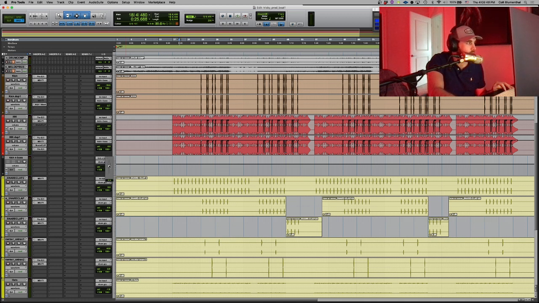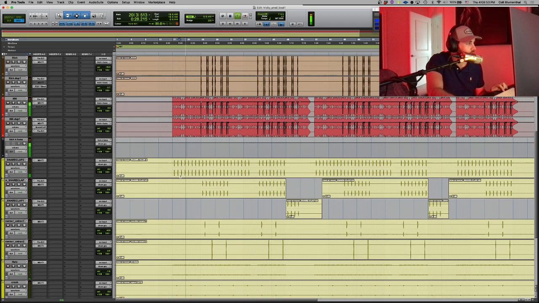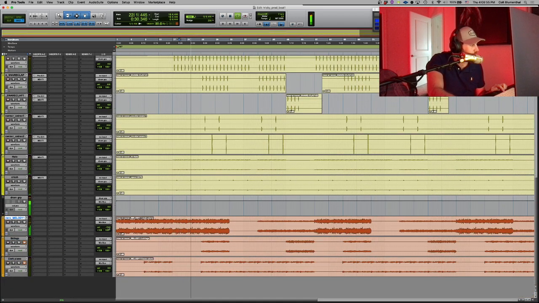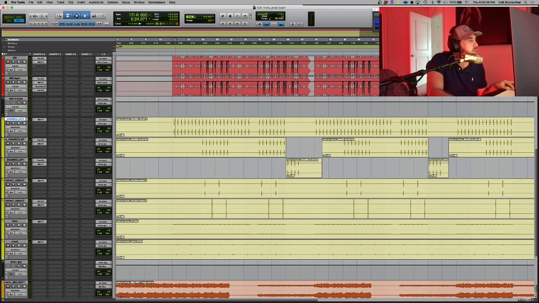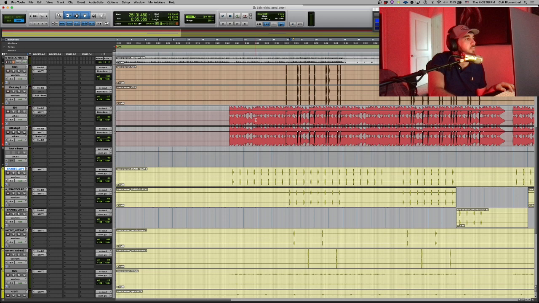Turn them up for now. Okay, I know it's not sounding there yet, but everything will be balanced. Just gotta get there. Turn the drums down